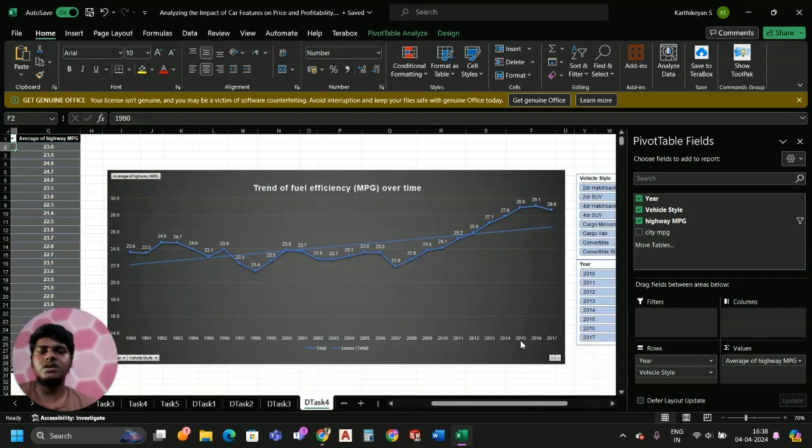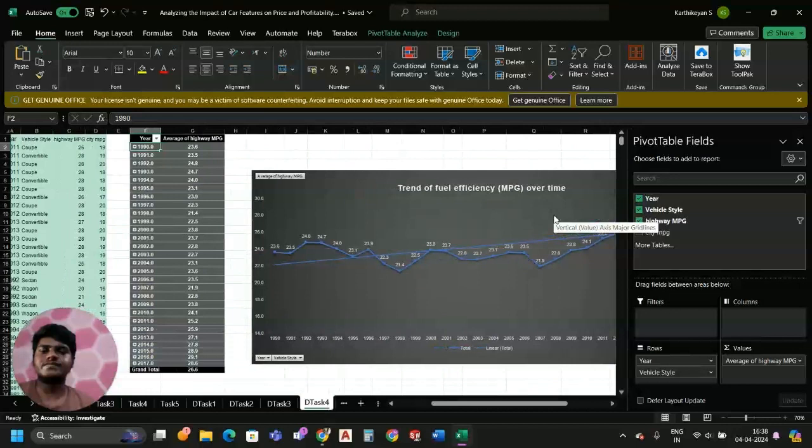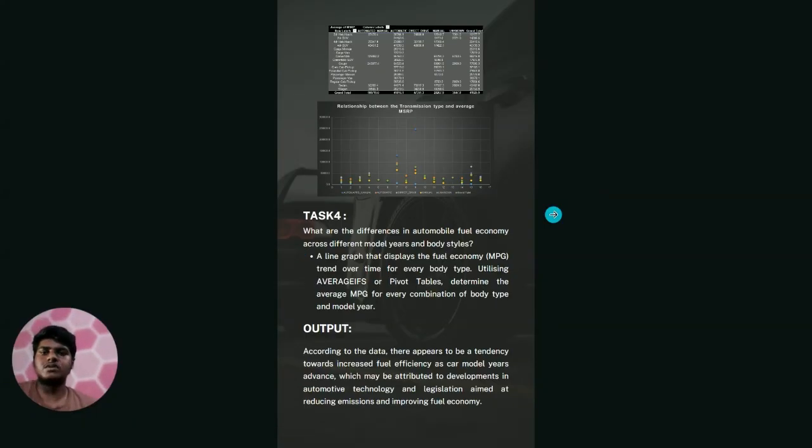So here you can see by the year, the 2016 model has the highest highway MPG, that is 29.5. As the model year increases, the highway MPG also increases. Coming to the report,